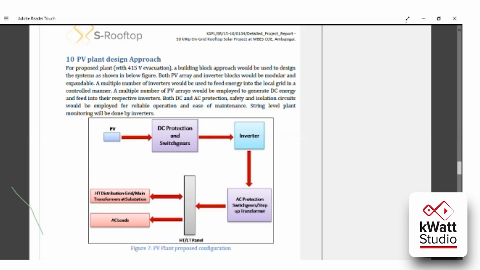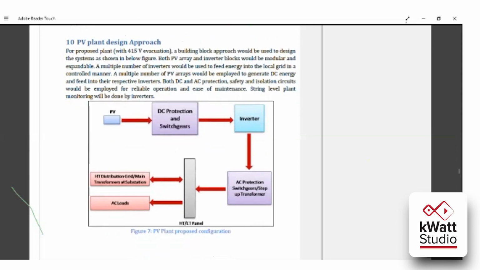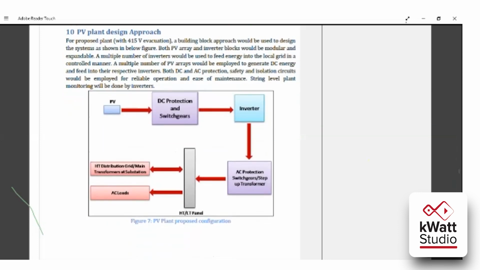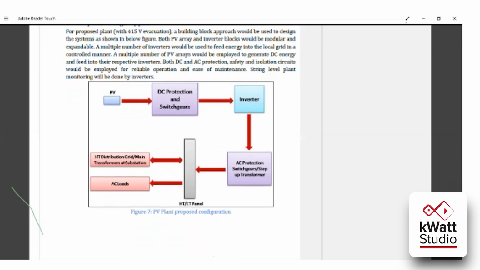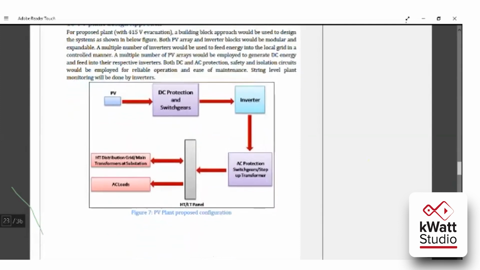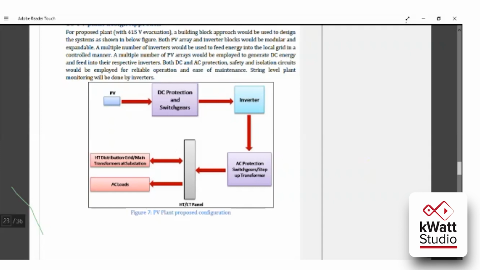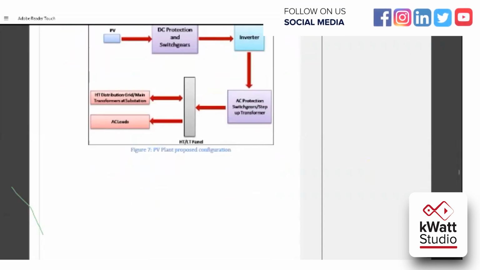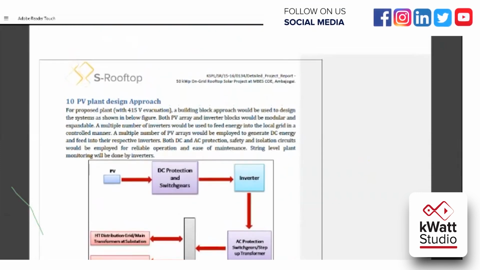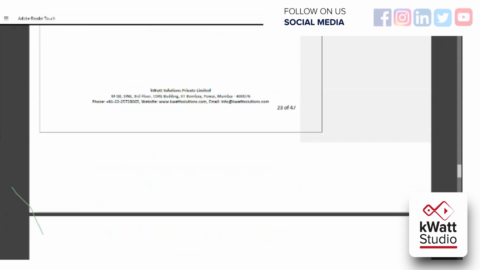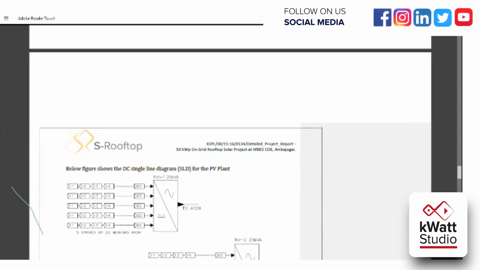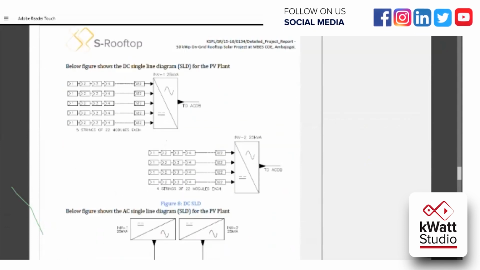In ACDB, net meter will be there and the bus bars will be there. So again, it will go to HT panel and LT panel. So this is nothing but the block diagram of your solar PV plant: how your solar PV plant will work and how the components are connected to each other. And you can put some information related to this block diagram, how all the components will work with each other.